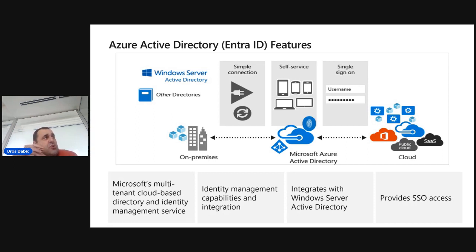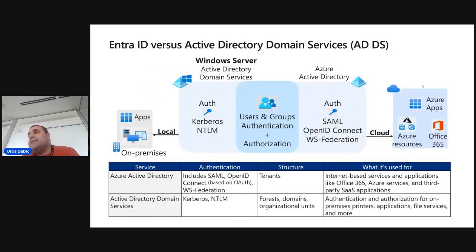That is an advantage, and we will discuss during this session a lot of advantages where we compare the traditional Active Directory environment with Entra ID. The next slide is a very good and clear picture comparison of how we understand the classic